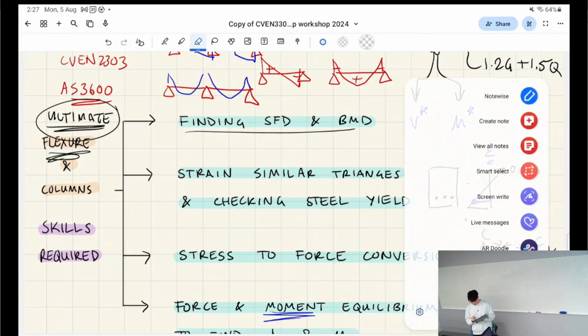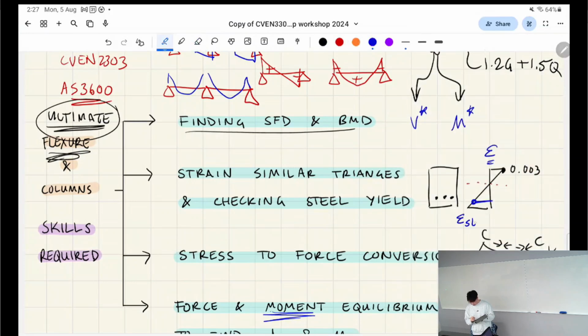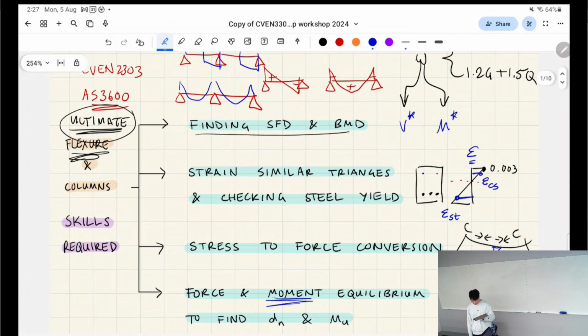You're straining your tensile steel. That's how we would denote it. If you had compressive steel as well, you can call it strain of compressive steel. So basically, you can always calculate what these numbers are for the strain in the compressive steel and the strain in the tensile steel. And it's because we know this number here,